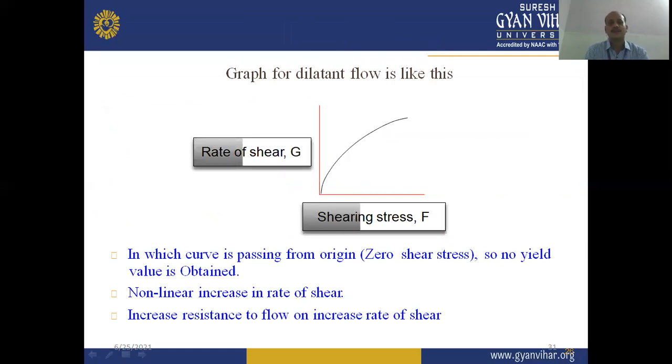So when we plot the rate of shear on the y-axis and shearing stress on the x-axis, we obtain the curve or rheogram, and it is just the reverse of pseudoplastic behavior. The curve passes through the origin, zero shear stress, so no yield value is obtained, and there is an increase in resistance to flow on increasing the rate of shear. These are the characteristic features of the rheograms of dilatant flow,